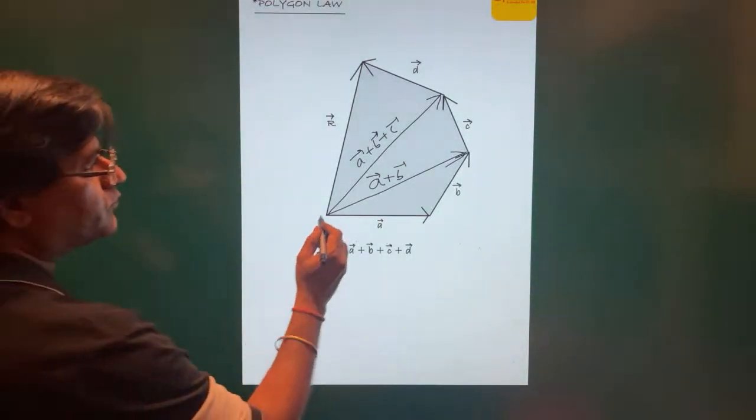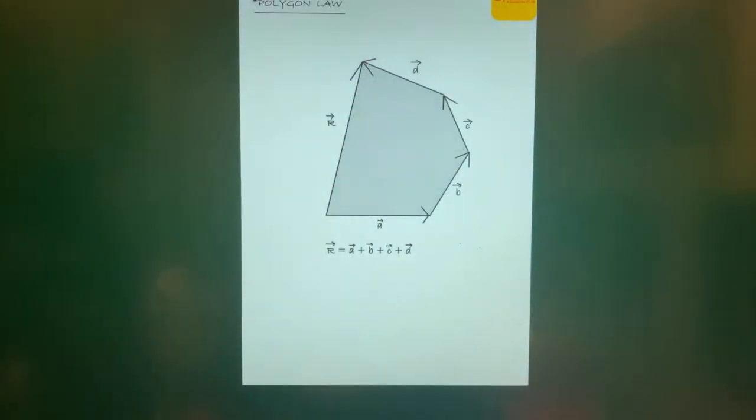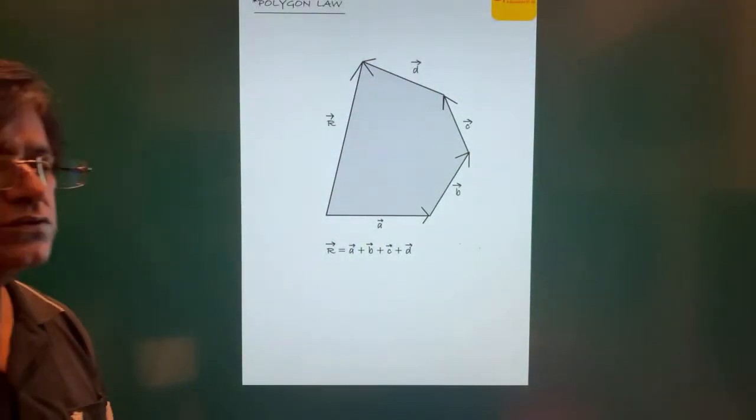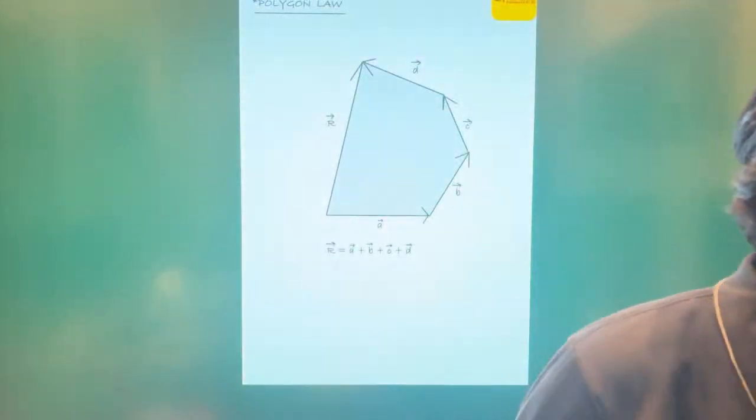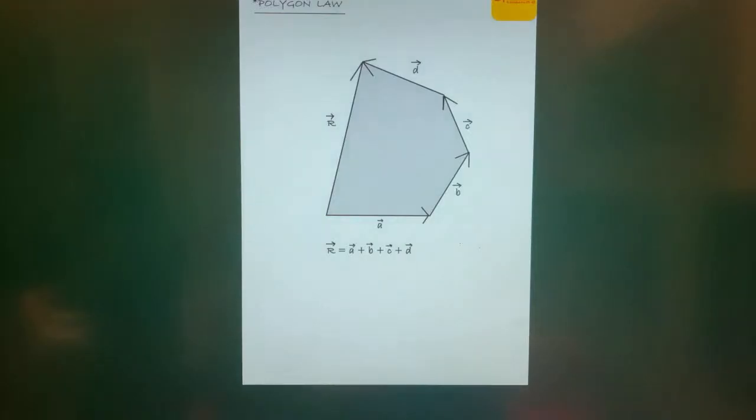So this is the polygon law. Clear है ये? So we have understood this polygon law. Next. We will see